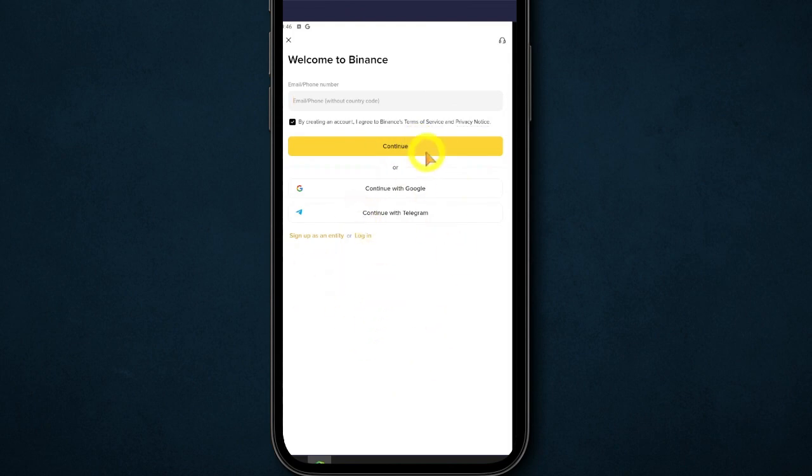If you want to create your account manually, then just simply write down your email address or your phone number. Once you write it down, click on continue. They will send you verification code on your email address or phone number. Or if you want to create your account using Google ID or Telegram account, then just simply select the option